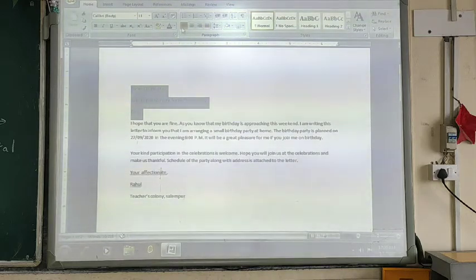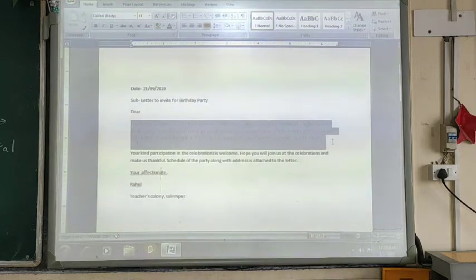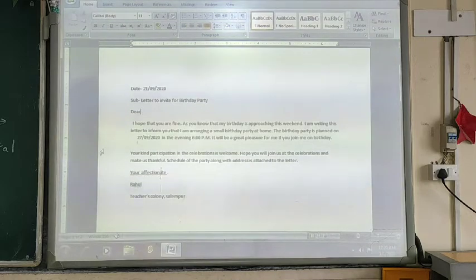Now you can see that by default it has automatically used the left alignment. These 3 sentences or lines are aligned to the left margin. Then come to the next paragraph. I have selected the next paragraph, and then you click on the center alignment, or use the shortcut key Ctrl plus E. Now you can see some changes here.